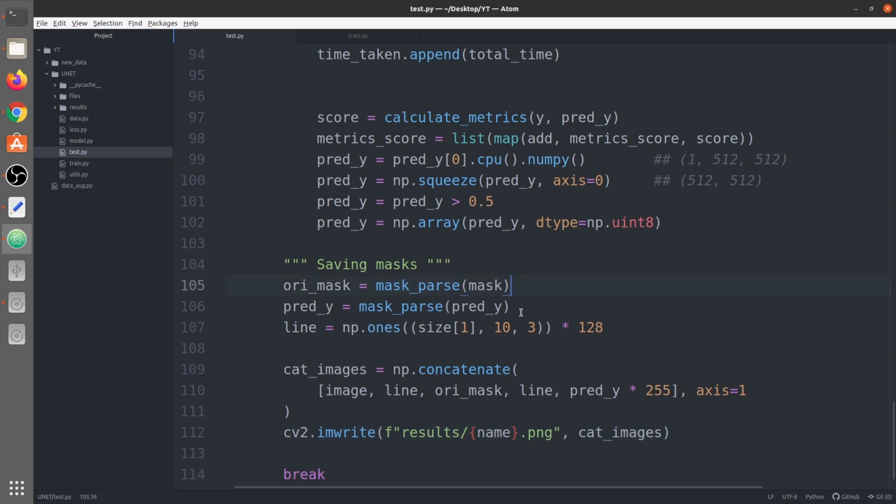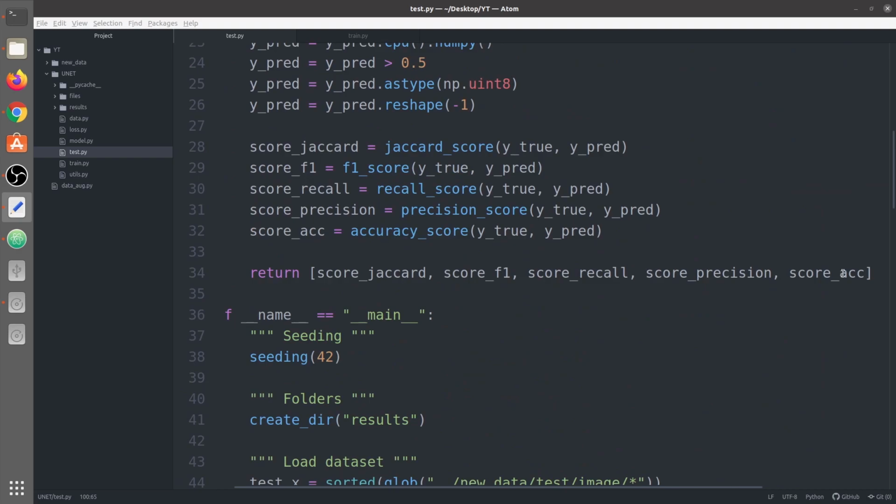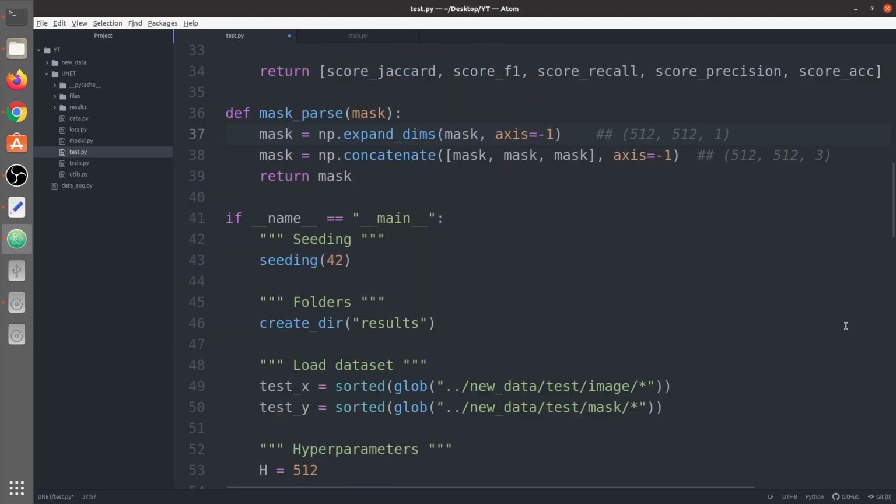If you remember, the shape of this mask is 512 by 512. Let me just directly copy paste the function because it's not that complicated. We expand the dimension at the last axis and it becomes 512 by 512 by 1. Then we concatenate 3 such masks on top of each other, which creates a mask of size 512 by 512 by 3. Now you would be asking me, why are we adding 3 channels here? Why isn't the size 512 by 512 sufficient?